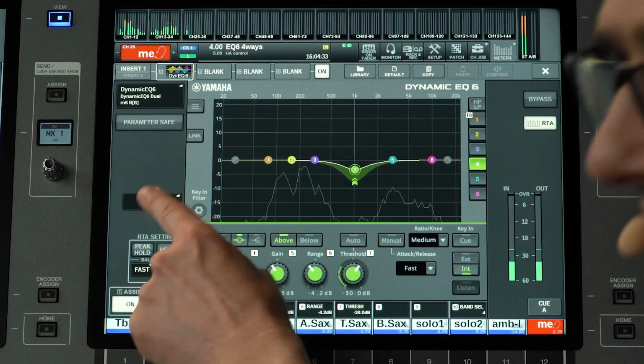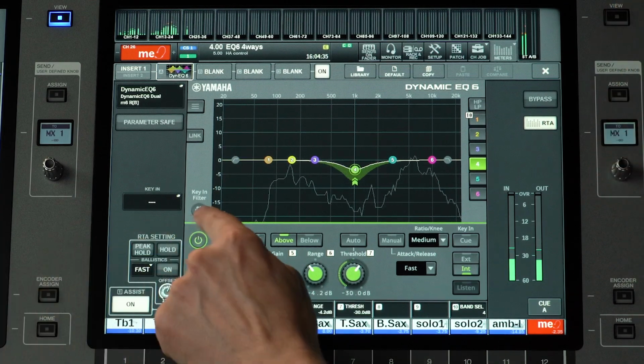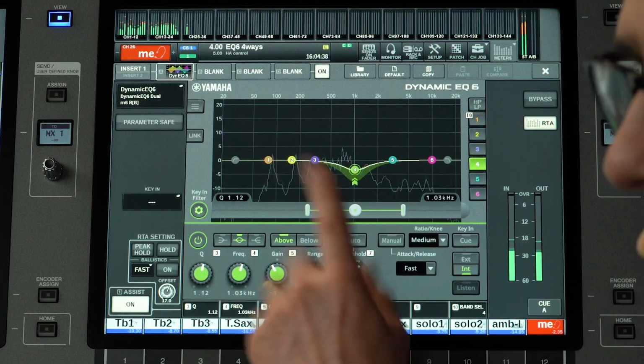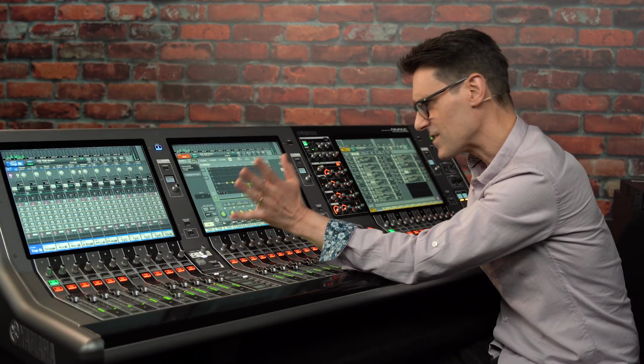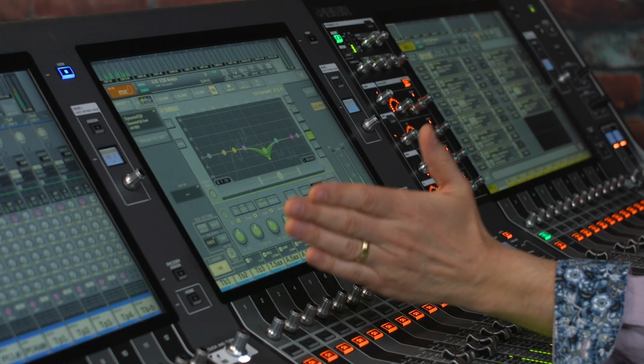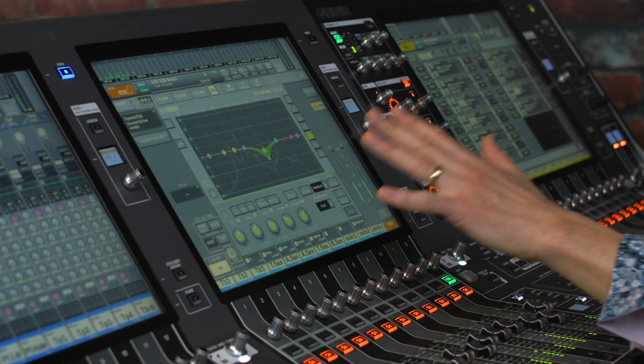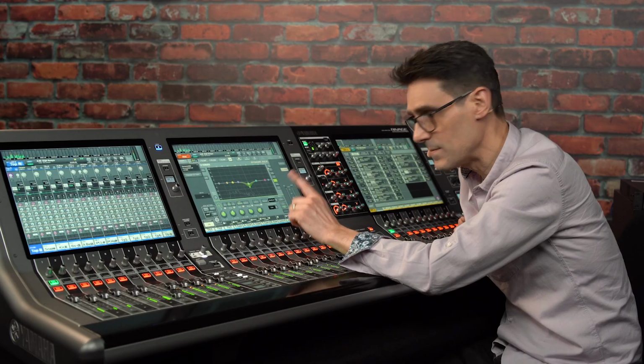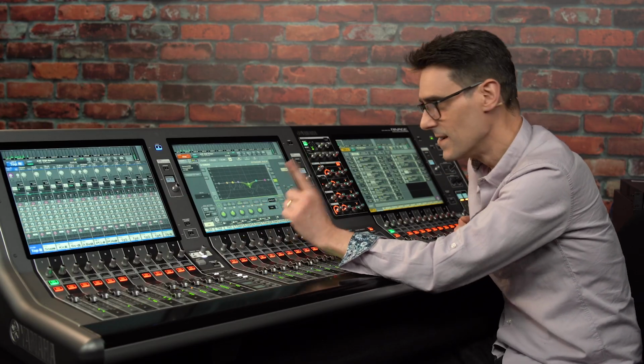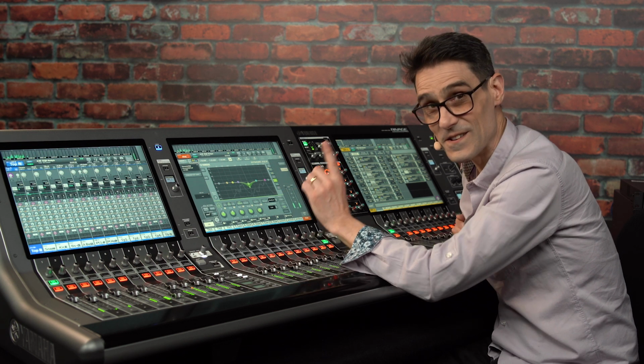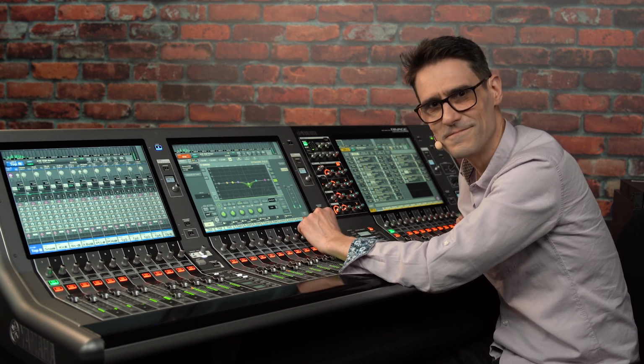Use a key in for any of the bands and add a filter to that if you wish. I'll talk you through all the controls, starting with the dual mono version of the plugin, because the stereo version has some extra tricks which I'll show you later.